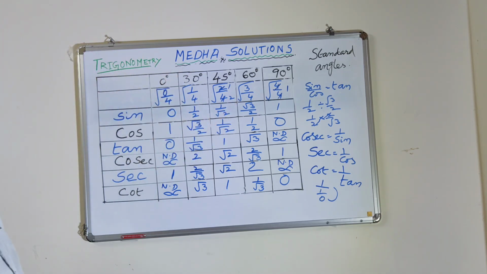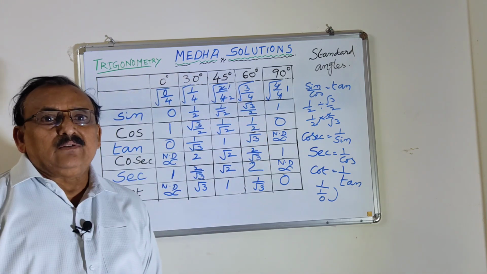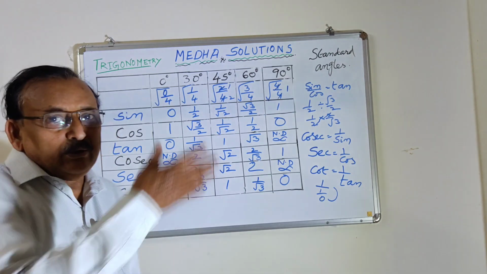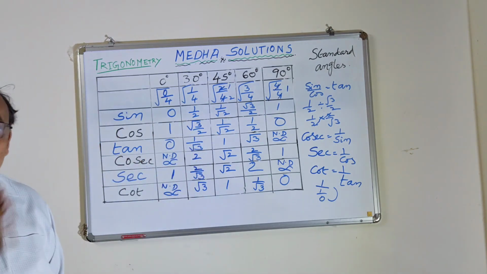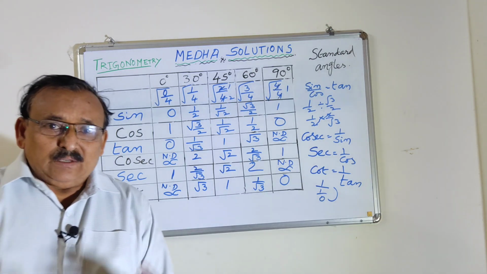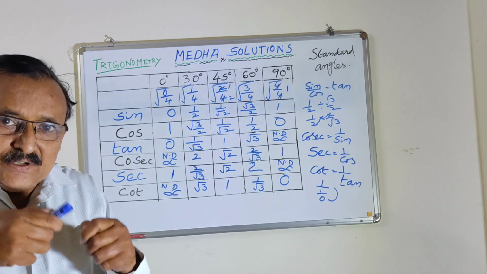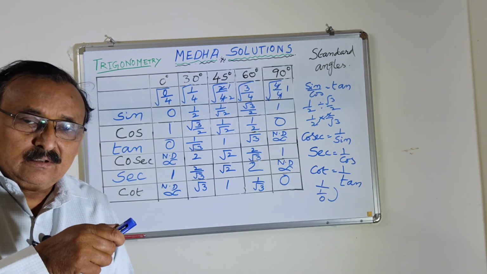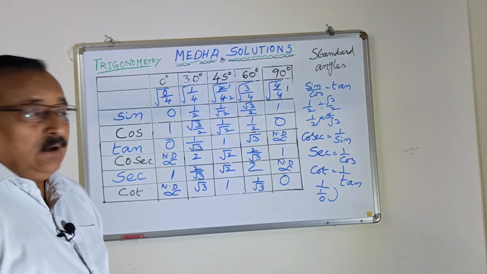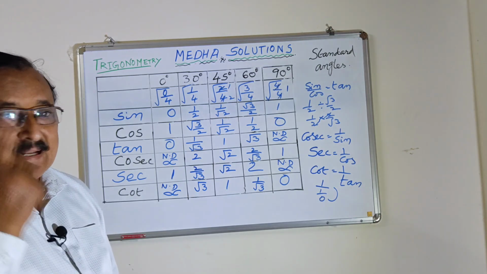So you can draw the table in your exam sheet, on the backside in the rough work column, you can write the table also. Nobody will object to you, no one will object. Why? Because we are doing all the things in the rough work, and you are attaching all the rough sheets along with the answer sheet.